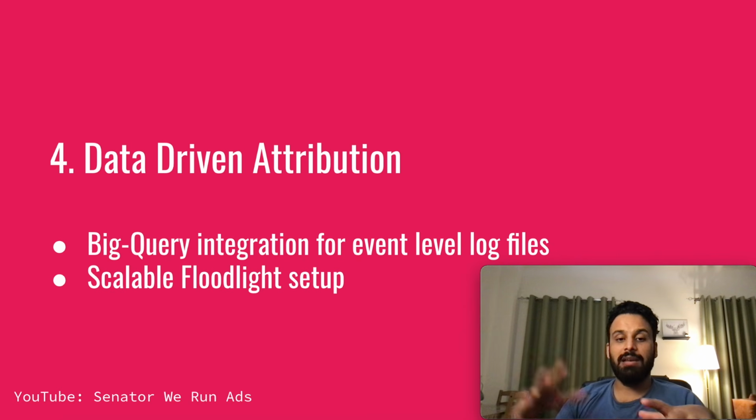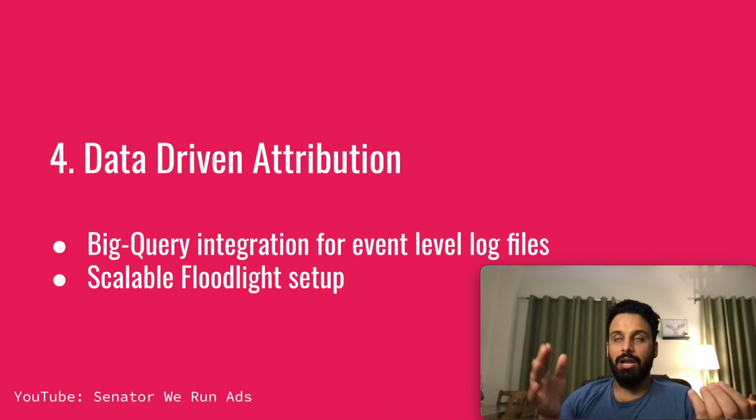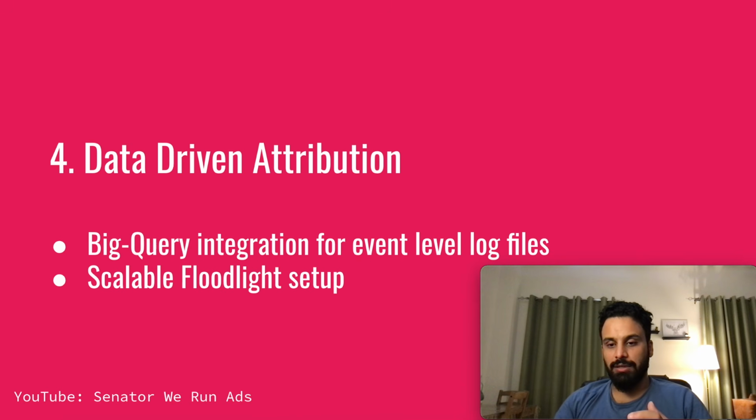And then you have scalable Floodlight setup. What you can do is set up a Floodlight tracking setup in your Campaign Manager. The first thing is it's scalable. Let's say a particular advertiser is working with 5 different affiliates. They can create one Floodlight setup for all these 5, where they pass the variables which are meaningful to measure for each of these 5 affiliates later. And even if they decide to work with more affiliates later, they can easily scale this Floodlight setup and use the same on other inventories as well, and report on each affiliate network separately.